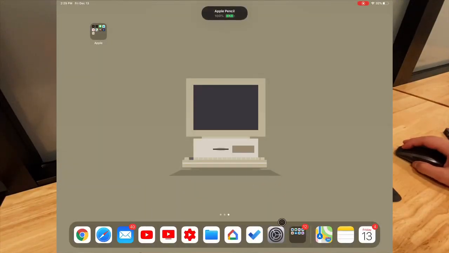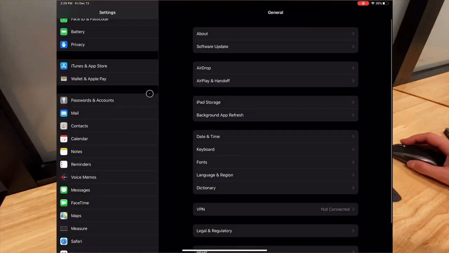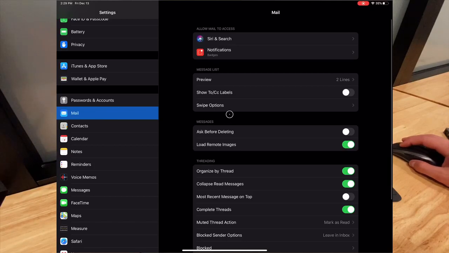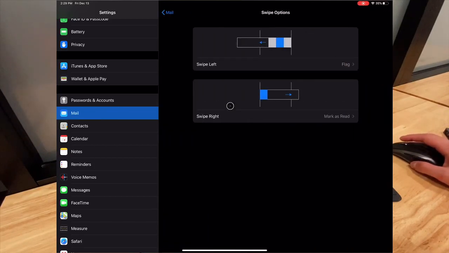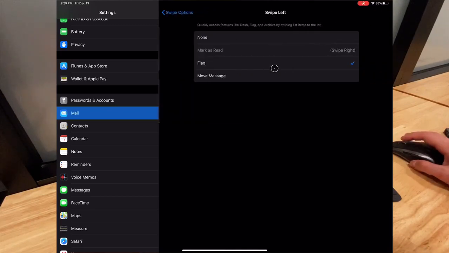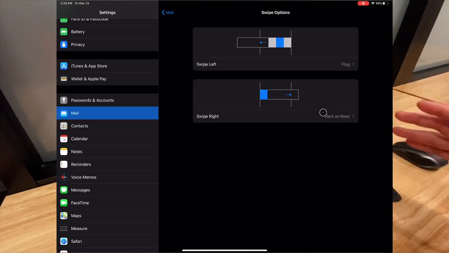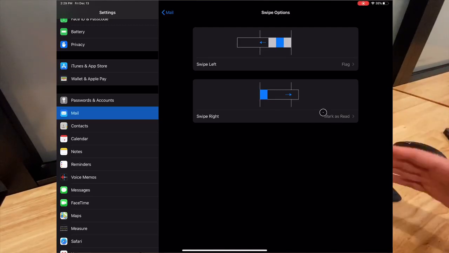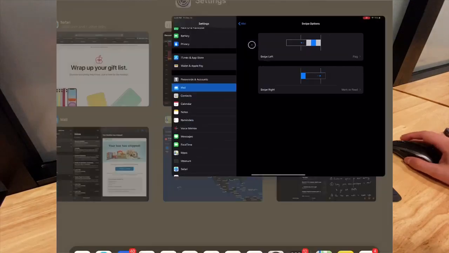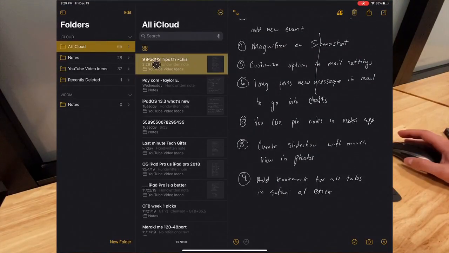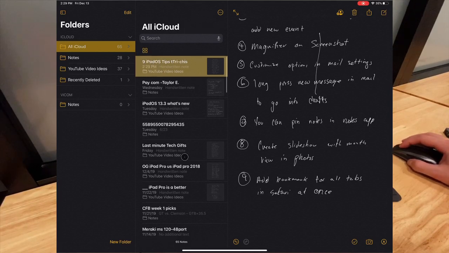Another good one is in Mail. If you go into the Mail settings, you can actually customize swipe options, which I didn't know was a thing. If you swipe left, you can flag it, do nothing, mark as read, or move the message. You can basically assign tasks to how you swipe and which direction you swipe. Another cool one, which I didn't even know existed, honestly, a lot of these are brand new to me, but you can actually swipe